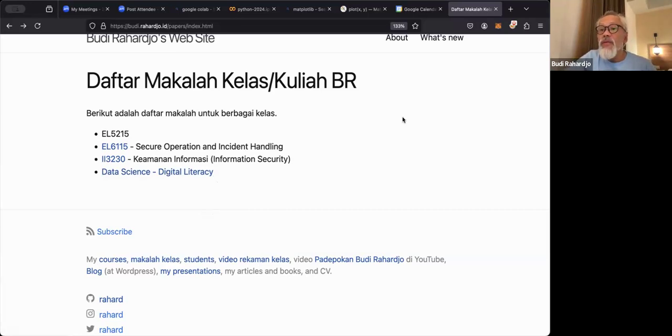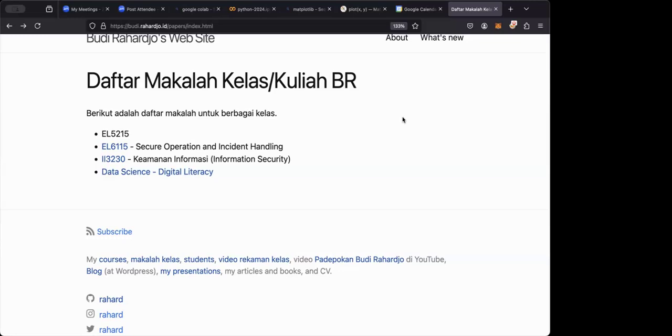Usually when I do a group, there's another marking that I have to do, from the group itself, meaning from 360, from the peers. So that's more work for you and for me, because you have to review your friends. So the minimum is 15 pages, Pak?